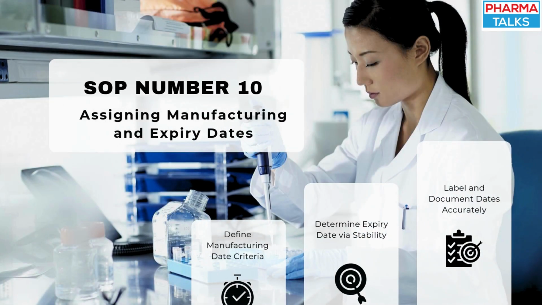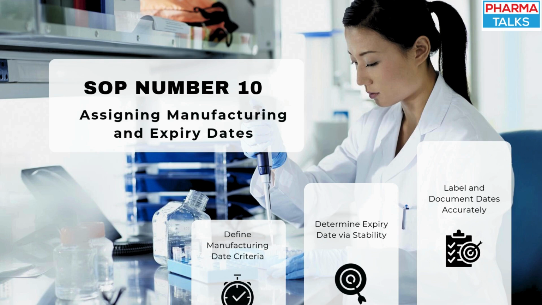SOP number 10 covers a procedure for assigning manufacturing and expiry dates to pharmaceutical products. This is a critical step to ensure product quality, safety, and regulatory compliance. The SOP defines the criteria for determining the manufacturing date, which is typically based on the start of the manufacturing